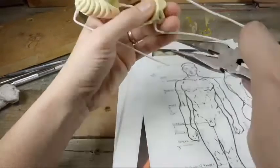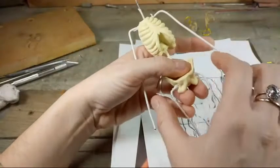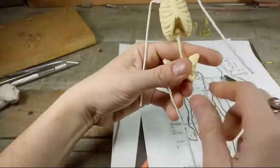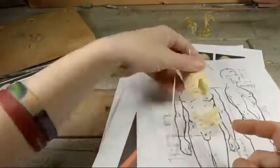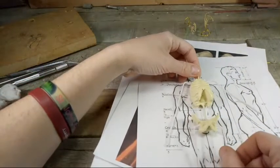Make sure I don't need to have too wild hips here. If it's too much apart, you're going to need wild hips to cover, and I don't want to do that. I want to be able to make thin hips if I want to. So I'm going to put it in here over my